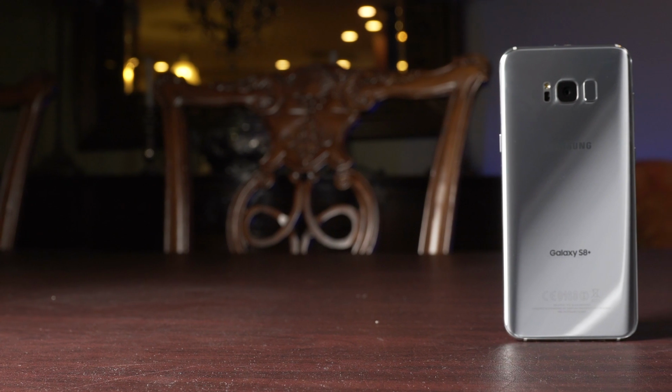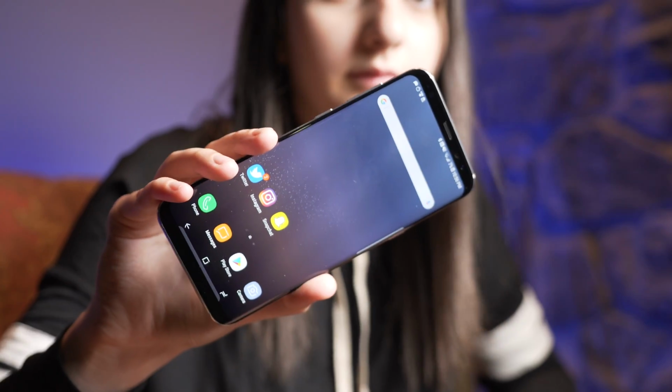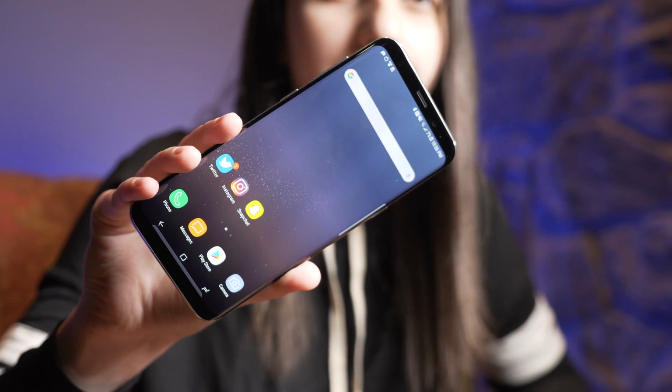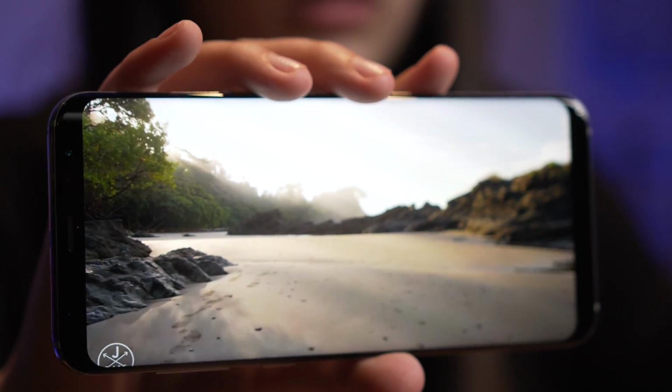So when you go all the way up to the premium category, or the S8 Plus in our case, for the example, the material choice and looks and just build quality as a whole really improves. The S8 Plus packs a Gorilla Glass 5 panel on the back and a super sexy design with the display pouring over the edges, giving the phone a very futuristic look and feel. The bezels on the phone are also extremely thin, giving the S8 Plus the highest screen-to-body ratio out of the